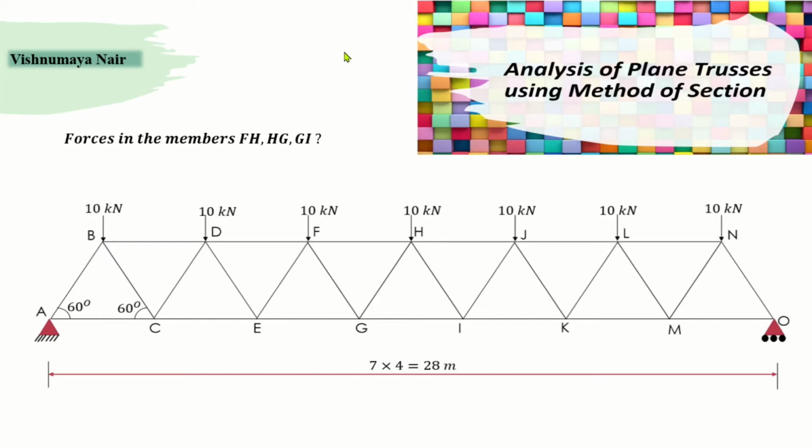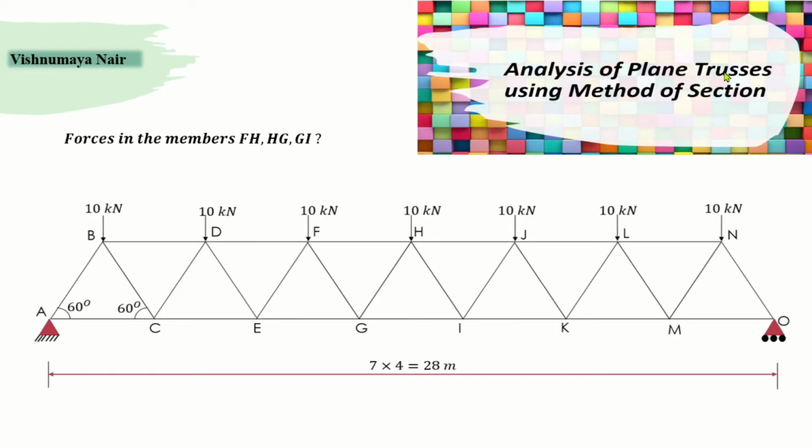In order to proceed with the analysis of plane trusses using the method of joint, we'll have to first find a joint where there are only two unknown forces. We saw this in the previous video, right? In some cases, we may not be able to find such a joint with just two unknown forces. In those cases, we can use the method of section instead of the method of joint for analyzing the plane